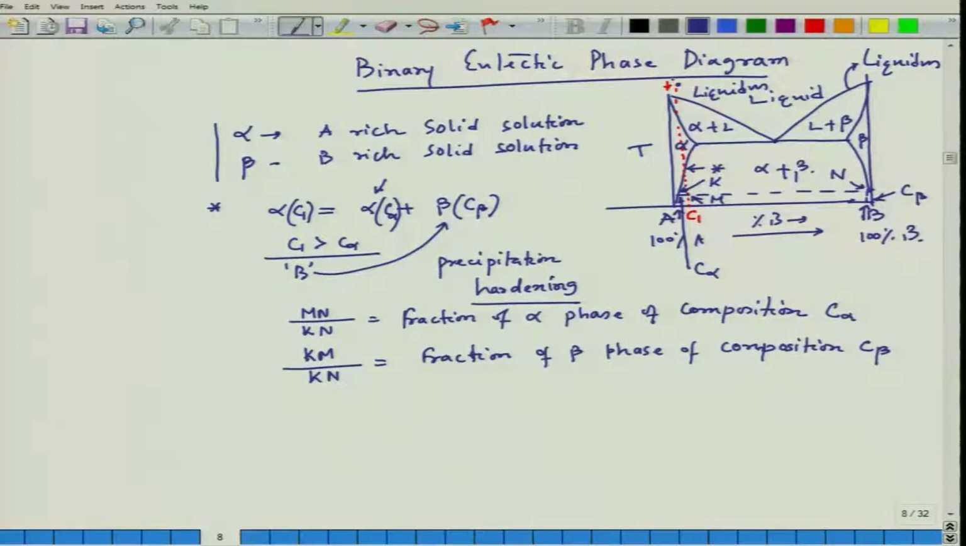So, now we could see how the transformation is taking place. Similarly, I can take another composition, this one, let us say C2. In the case of C2, again it will arrive at the liquidus line where the first solid would appear, but there is another transformation that is taking place at this point, which is basically the temperature,